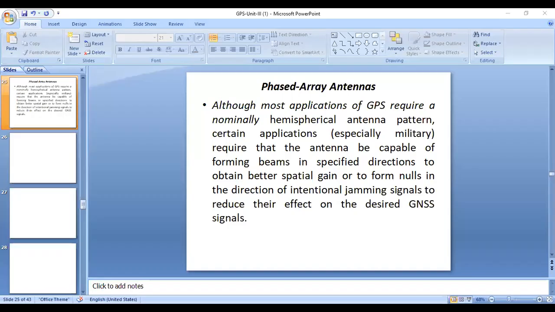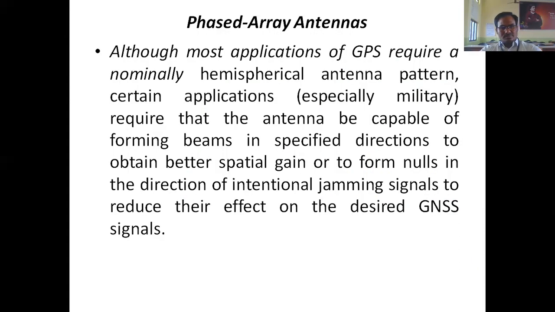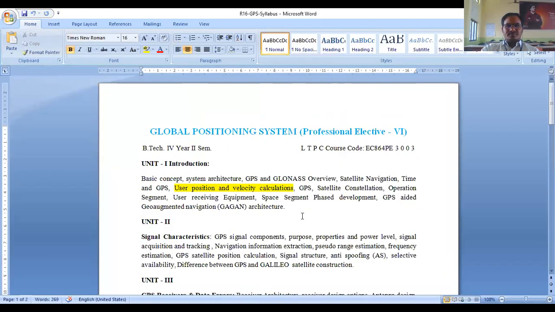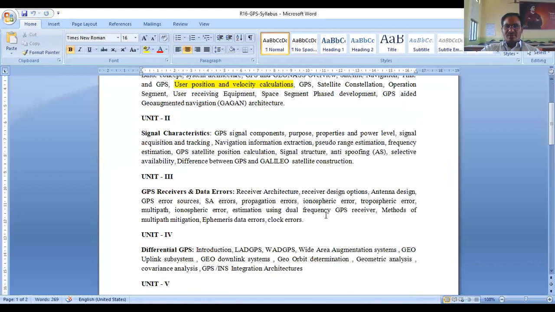Now, let me begin the Unit 3 contents. Let me open the syllabus for you first. Please make a note of the contents of Unit 3.